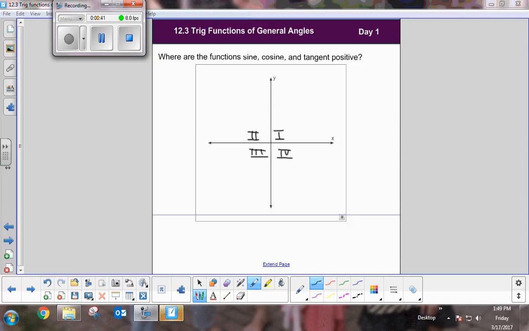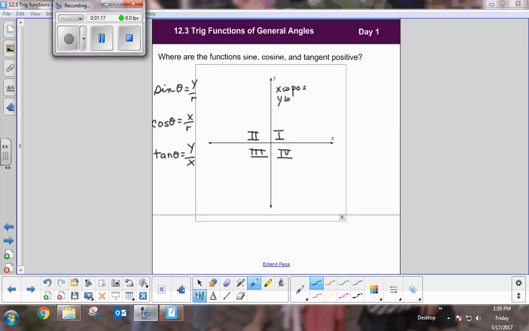And it's important, in order to understand where they're positive and negative, that you understand that sine theta is y over r, cosine theta is x over r, and tangent theta is y over x. So in this quadrant, we see x is positive,